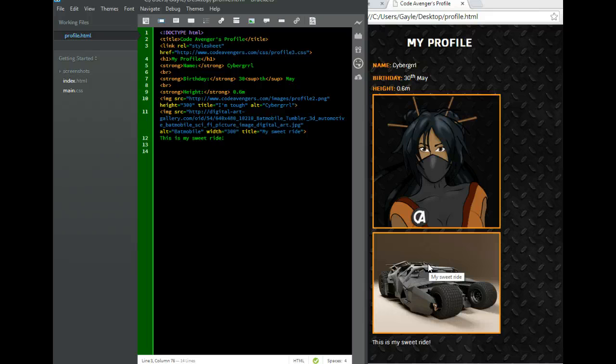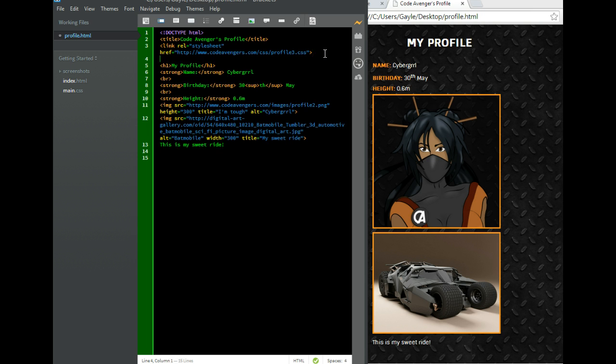In order to do one of these, we'll open up a line right after our style sheet reference here, right before our title to our page. And we're going to link to Michael Walmsley's blog on Code Avengers. In order to do that, we just put the A tag in, which is opening bracket, simple A, closing bracket. Okay? Now, we're going to link some text. So I'm actually going to write the word blog,